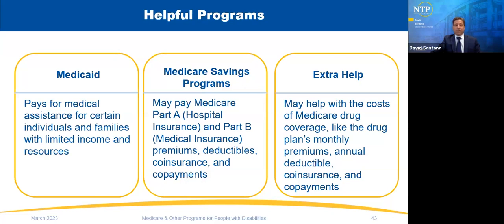There are some individuals with very limited income who may not have to pay any premiums, and they may have to pay very little out-of-pocket expenses when they go to the pharmacy. Typically, when the individual is eligible for SSI, Medicaid, or Medicare savings programs, they automatically qualify for extra help. If the individual doesn't already qualify for SSI, Medicaid, or a Medicare savings program, they can apply for extra help, primarily through Social Security, or they could do it through the state.